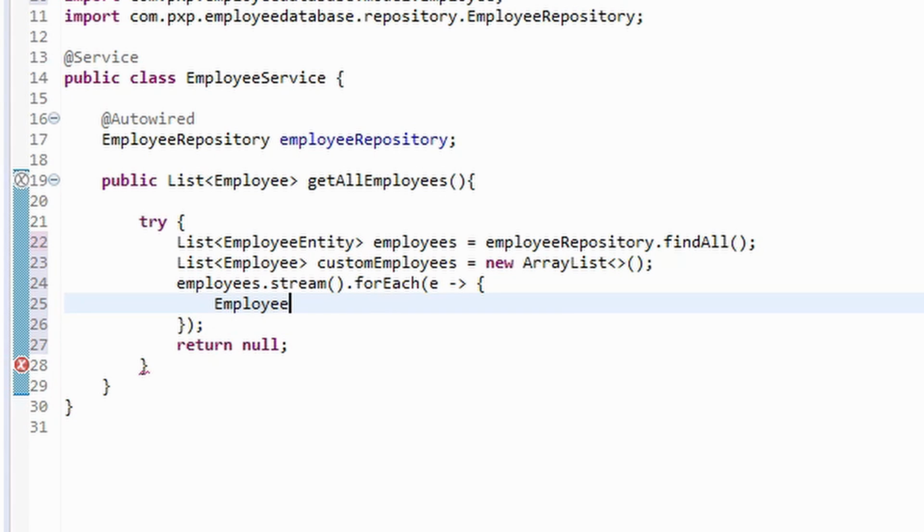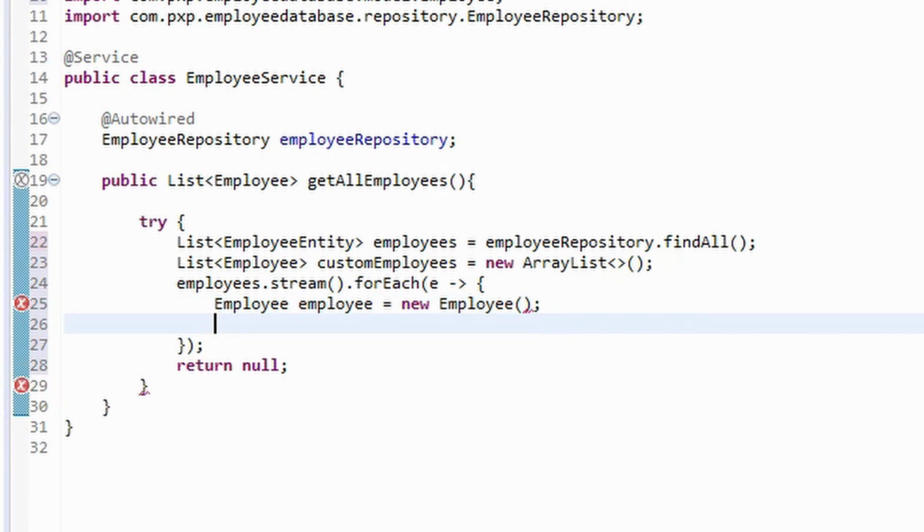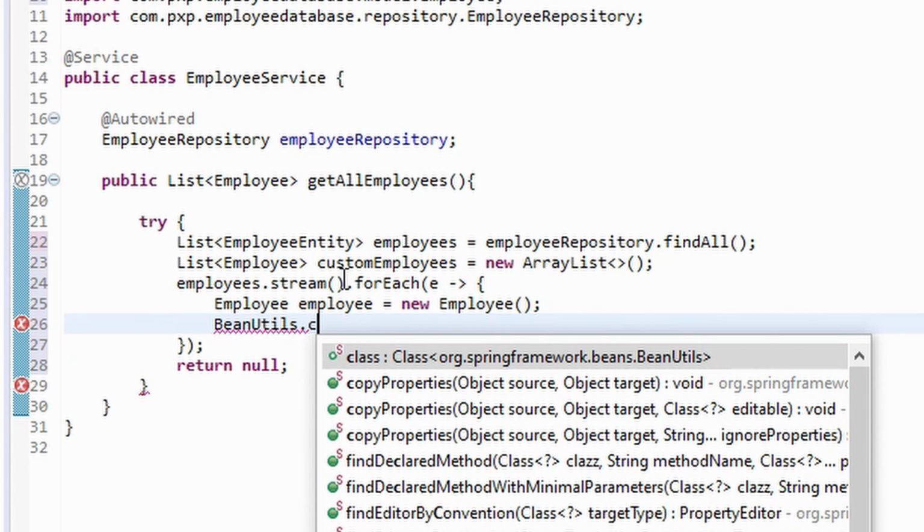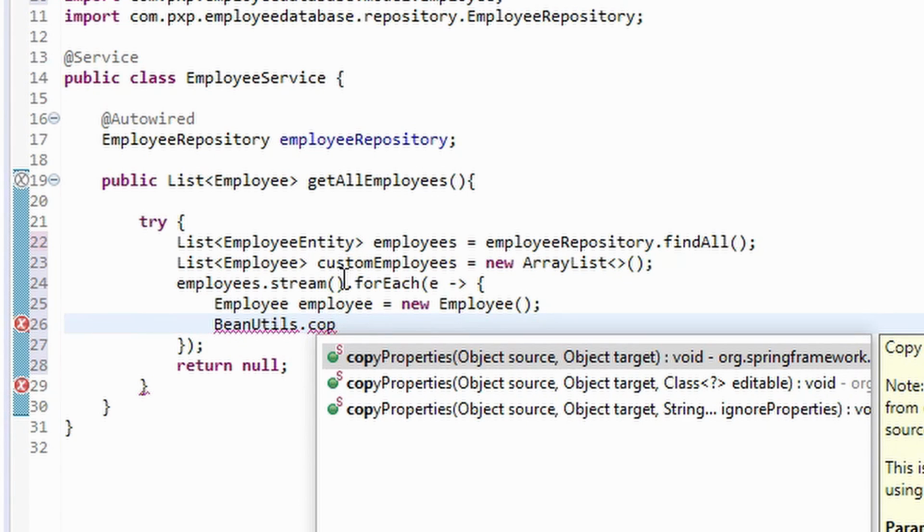So we have the employees list, and then we are saying employees.stream().forEach, and we are collecting the values in a variable called e. And then here we are using BeanUtils to copy all the properties of employee entity into employee, as the names of all the properties in both the classes are the same.